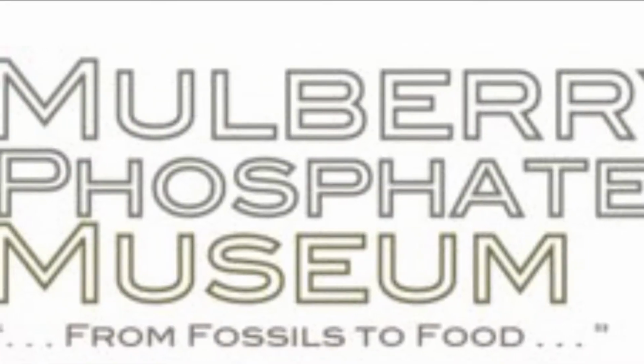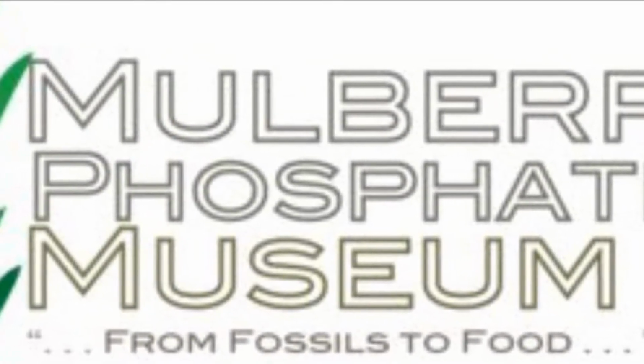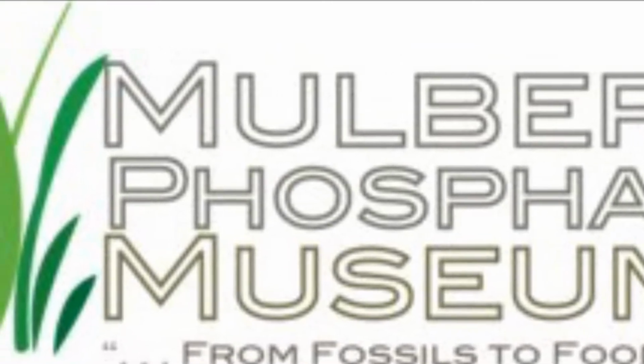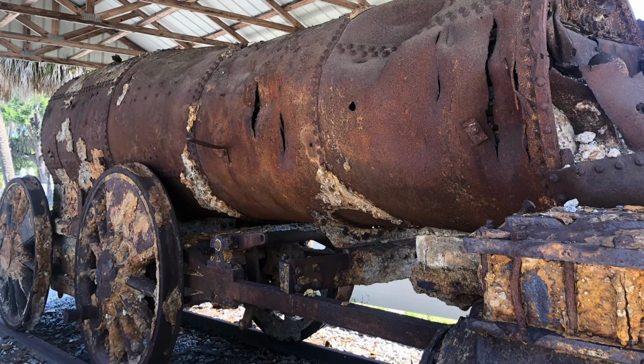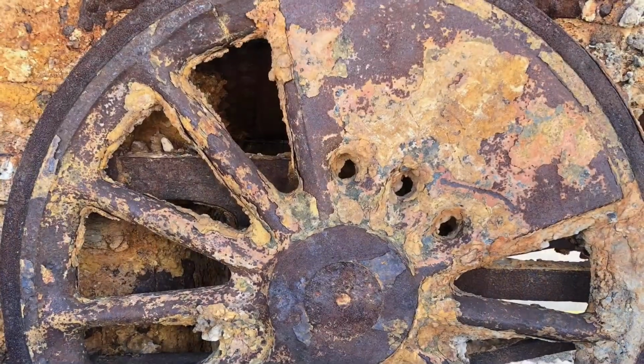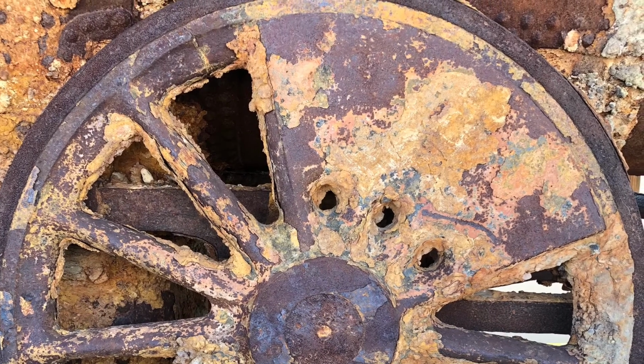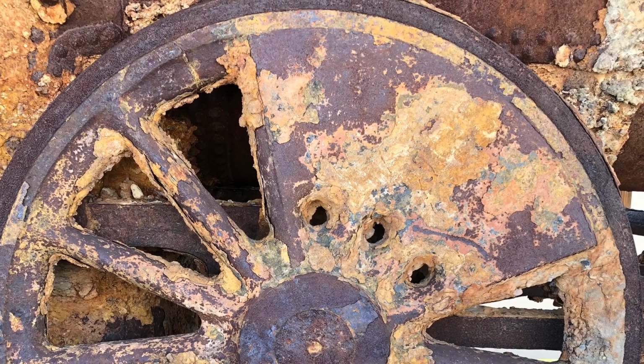Have you ever wondered about the Mulberry Mystery Locomotive at the Mulberry Phosphate Museum? This locomotive was discovered on land owned by the State Department of Environmental Protection in 2012 when workers from a subcontractor for Mosaic were surveying land. Workers believed they had stumbled on a large metal pipe. As digging continued, it appeared to be a cannon. However, after the large wheels were unearthed, it was quickly evident that they had discovered something much more significant: a